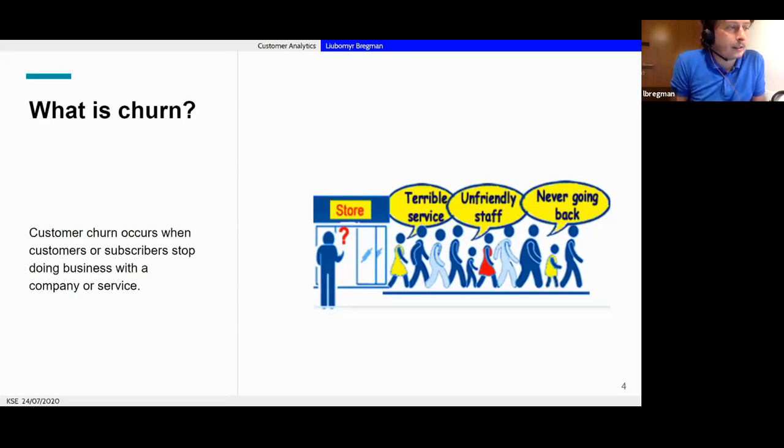The problem is that in most cases, they just stop using the service without giving feedback. So you don't really know what's going on. They don't tell you. They just stop using the service, and it's pretty often hard to understand what's going on. So in this picture, you see there's a store and people are running away. They say terrible service and unfriendly staff, but the owner has no idea